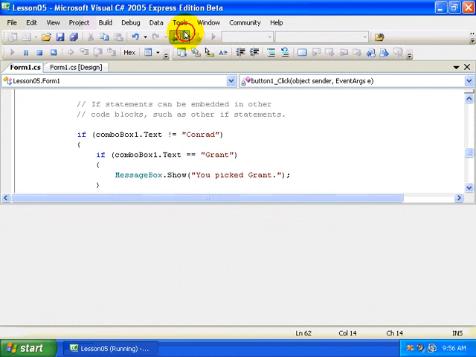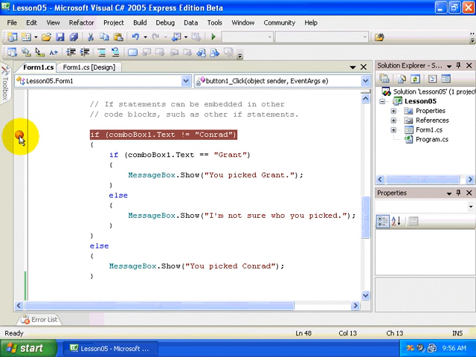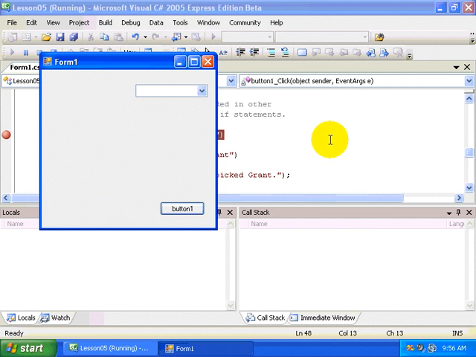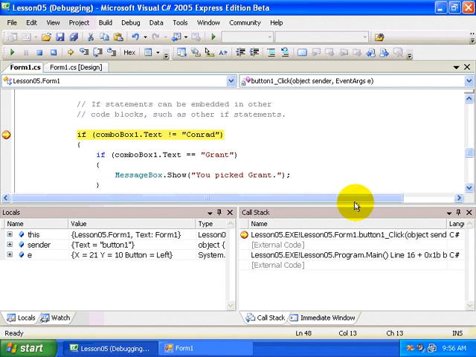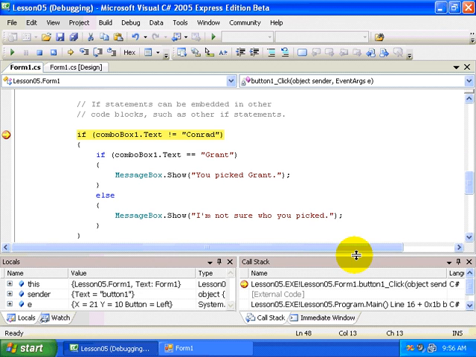And I got an idea. Actually, let's stop this and let's put a breakpoint here, so that we can watch the execution of our code and monitor how it works, like we introduced in the first video in this lesson series. So in this case, I'm going to pick Beth, and I'm going to click the button. Now, notice that I get my little yellow line of execution. I'm going to hover my mouse cursor over the word text, and notice that combo box 1.text equals Beth. Great. So what we'll do next now is step into the next line of code,